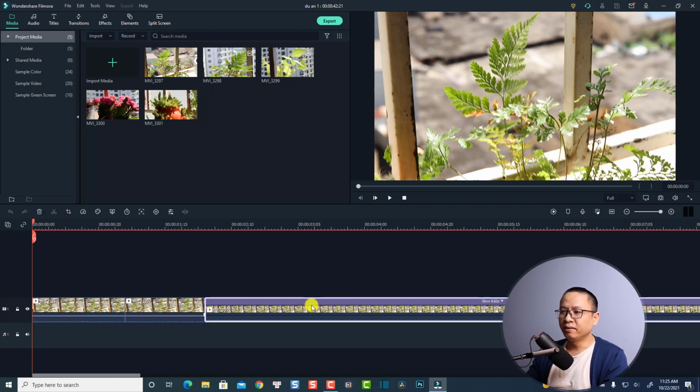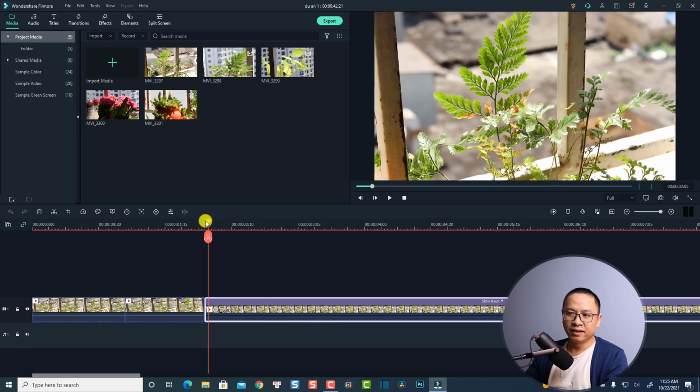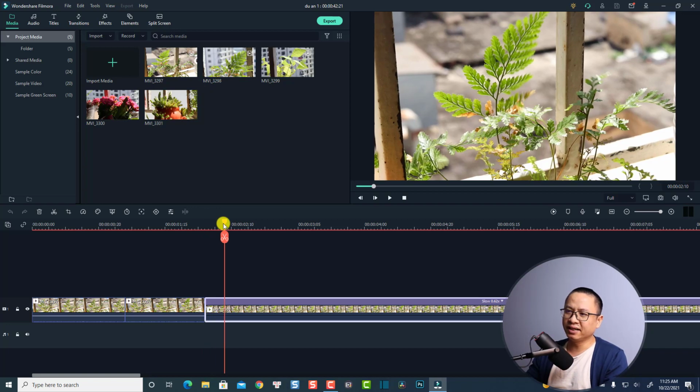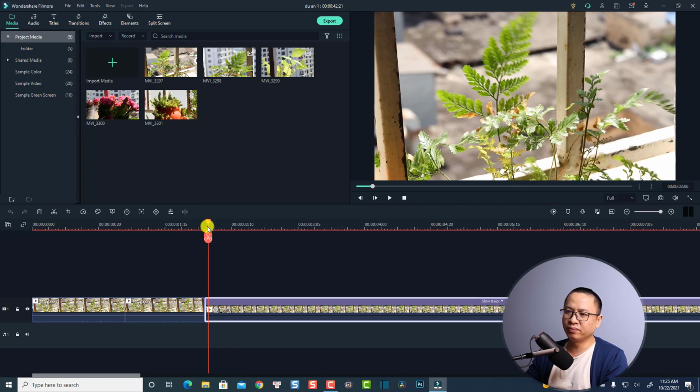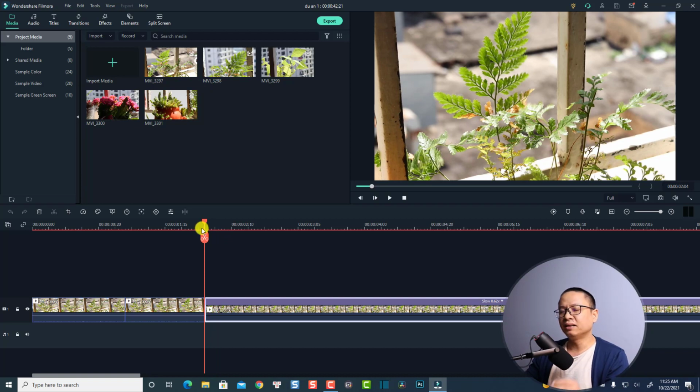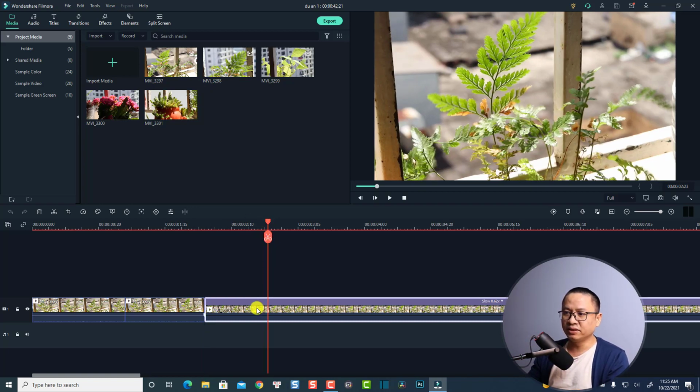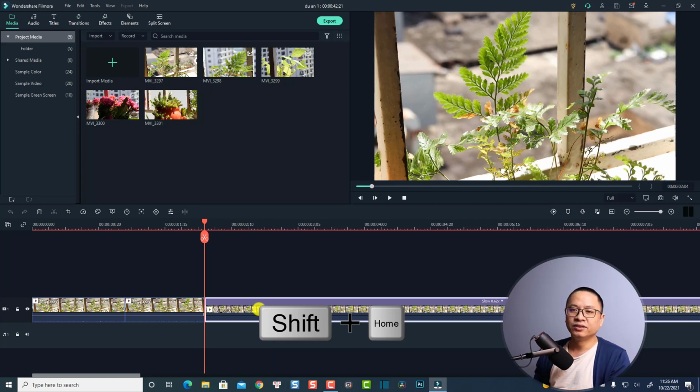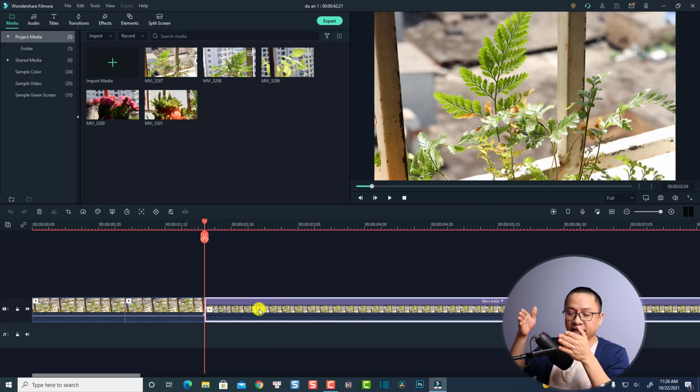For example, if you have a selected clip on the timeline, and you want to put the playhead at the beginning of the clip, normally you will need to click the mouse here and then move the playhead to the beginning. But sometimes it is not precisely placed at the beginning of the clip. So all you need to do is select the clip on the timeline, and then press and hold shift on your keyboard and then press the home key to put your playhead at the beginning of the clip,